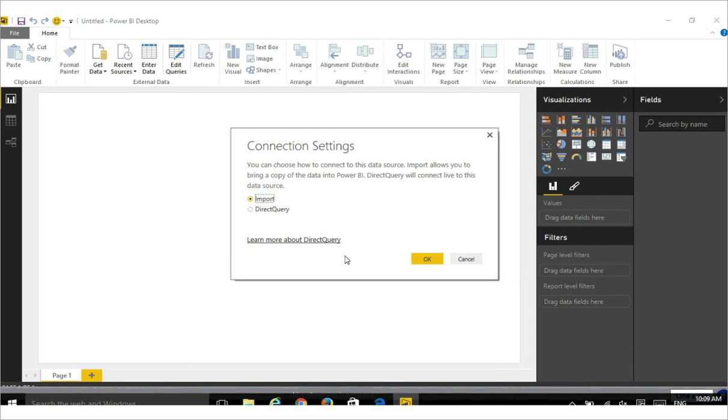It will ask me whether I want to import the data or have a direct query option. Direct query means the data stays in the SQL Server and we only have the definition in the Power BI file. So every interaction that you do is going to fetch the data for the query that is needed. Whereas in case of import, all the data that is there in the selected tables are brought into this file so that it's a self-contained file that you can share with others. In this case, I'm going to import,